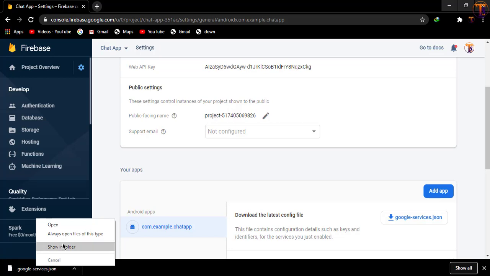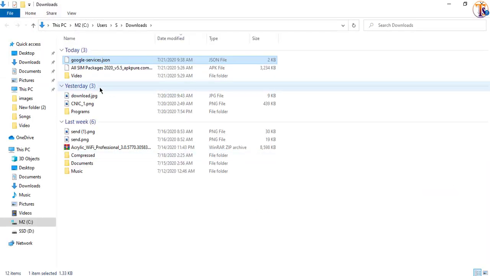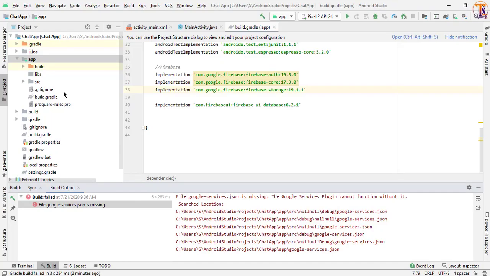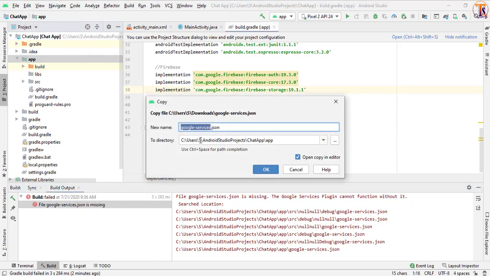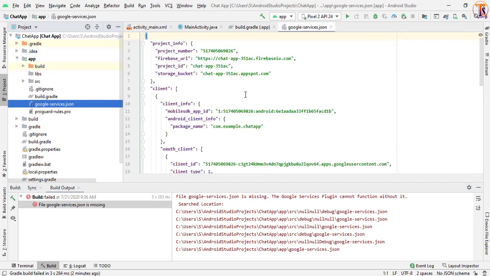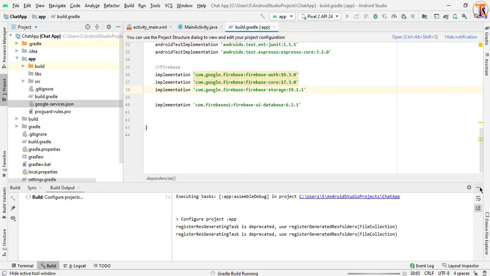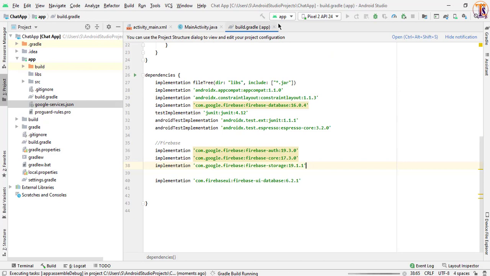Okay, now select the folders and copy this file and go to our Android Studio again. Now under this app folder you have to paste this JSON file. Okay, perfect. Now run the application again and let's see whether our Android Studio shows any error or not.